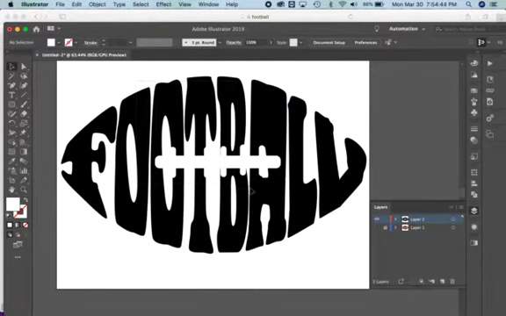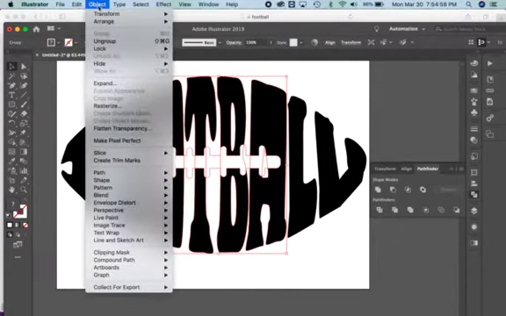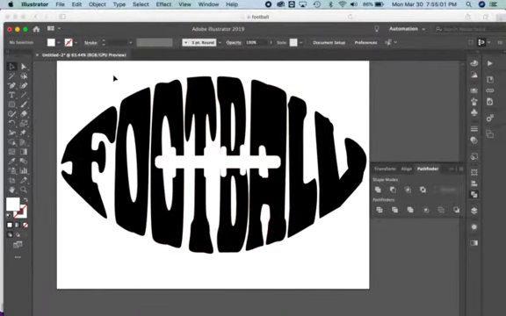And I think what I'll do is I'll go ahead and select all those pieces inside, and I'm going to go to my Pathfinder again, and I'm going to divide this time. Divide. And then I will ungroup,